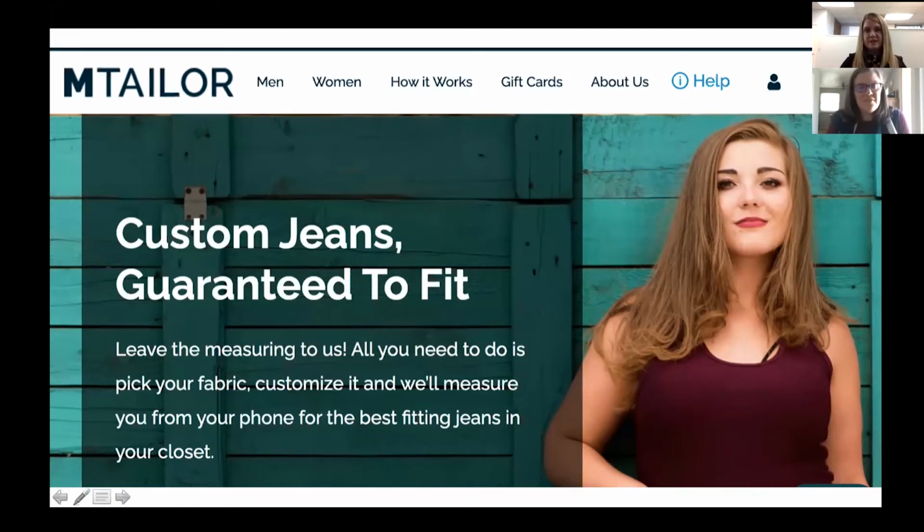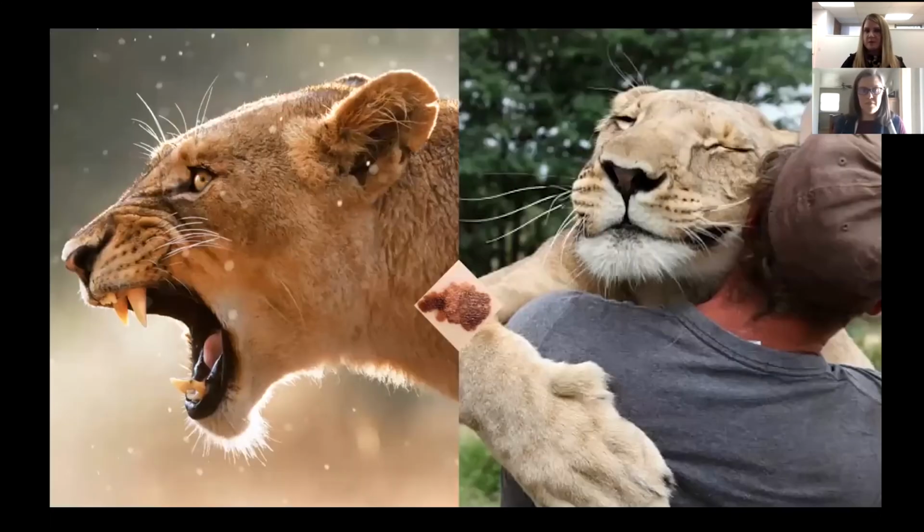So we just kind of saw how M. Taylor really works to customize fit for clothing. And in the same way, gene expression profiling can really customize your melanoma for you, give you more information about how your melanoma is unique to you. Now, in addition to that individual risk or information, we also talked about gene expression profiling being important to describe biological behavior. So this is an analogy that I like to give my patients, that if you look here at the screen,